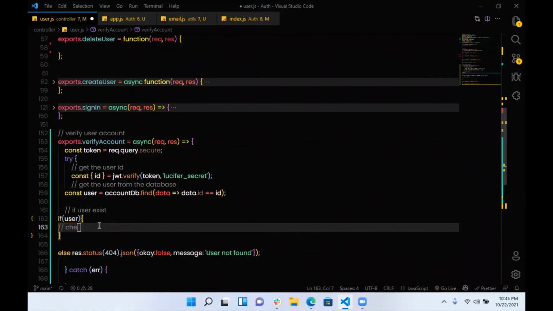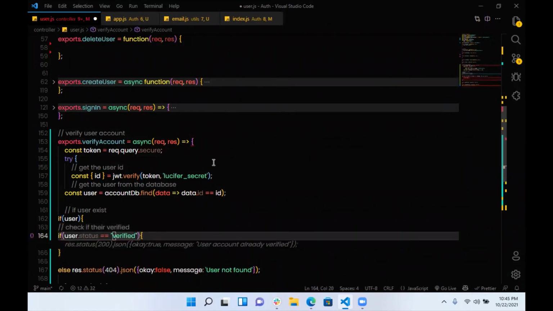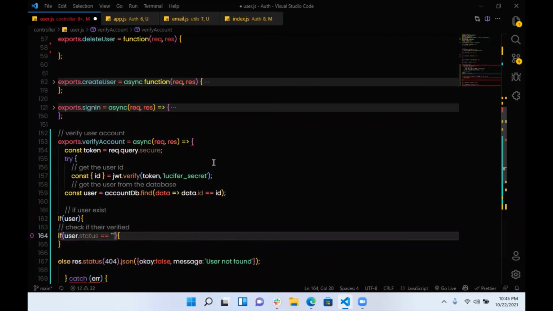So check if they are verified. So if user.status is not pending,